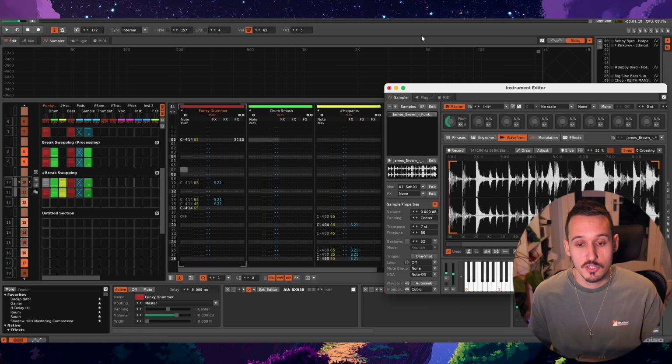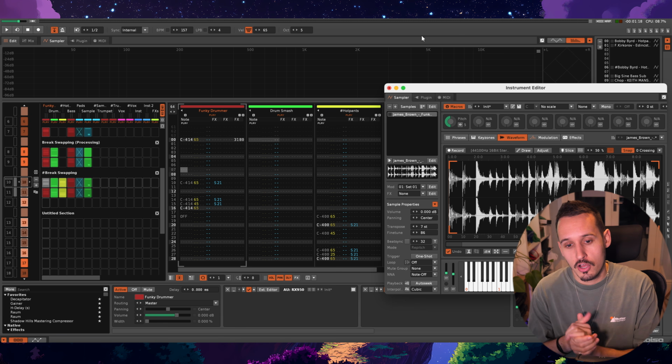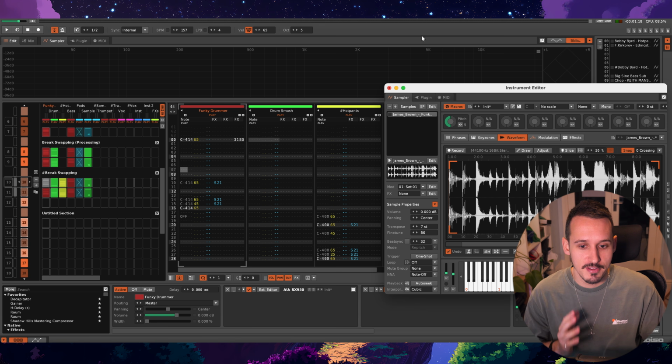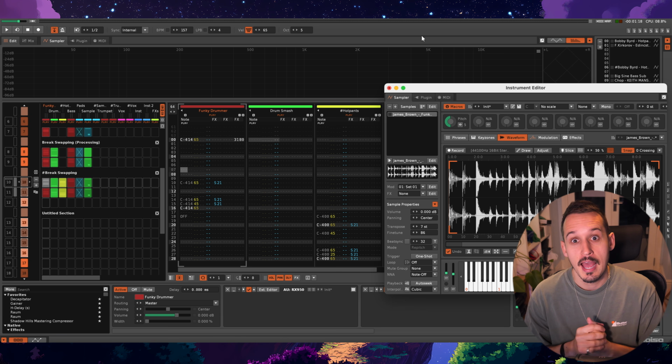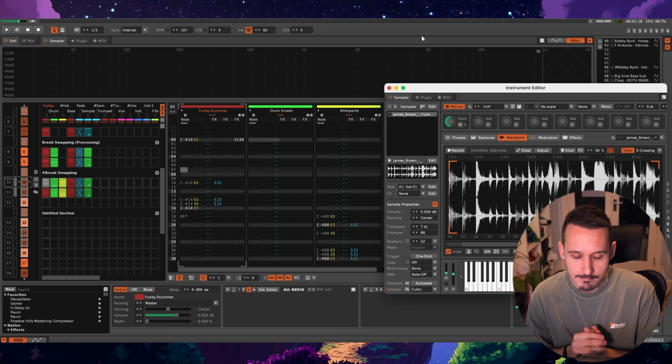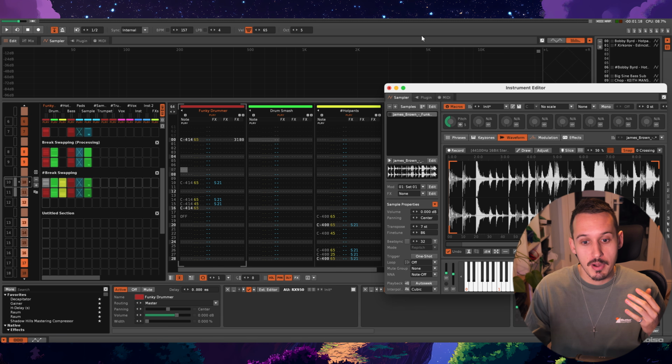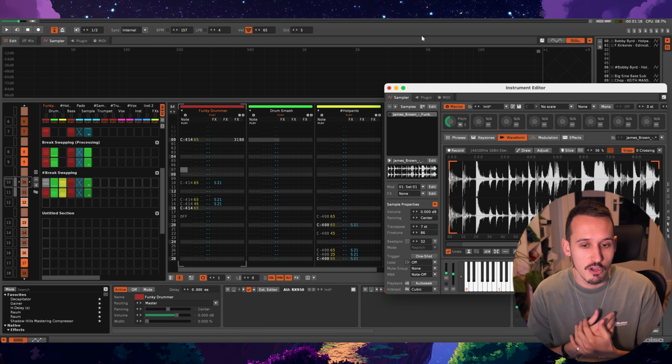And then finally we have break swapping, where you swap from one break to another. Now this is very often done in the last sort of bar of an 8-bar section as a fill, but you can create a really cool interchange between lots of breaks, and both Photek and Paradox are amazing at this. And sometimes you want one break playing and then the other one playing, and then sometimes it's cool to have them playing different rhythms over the top of each other,